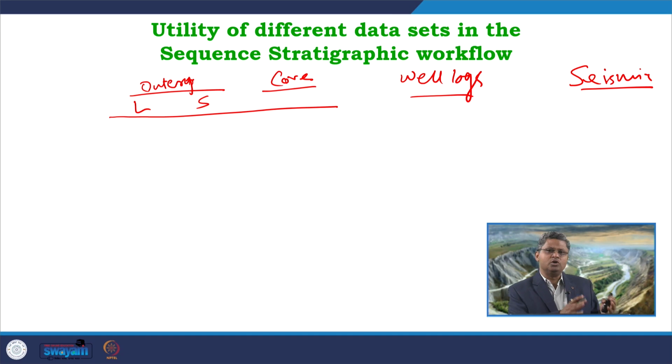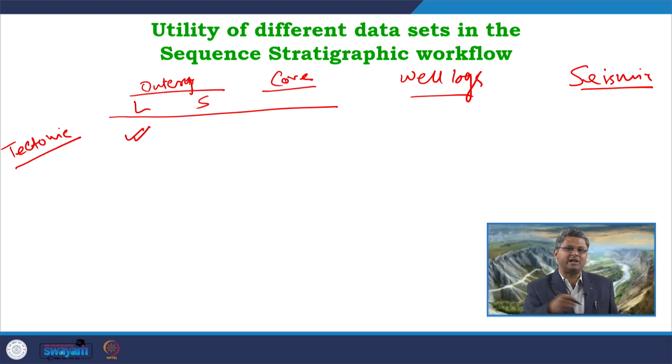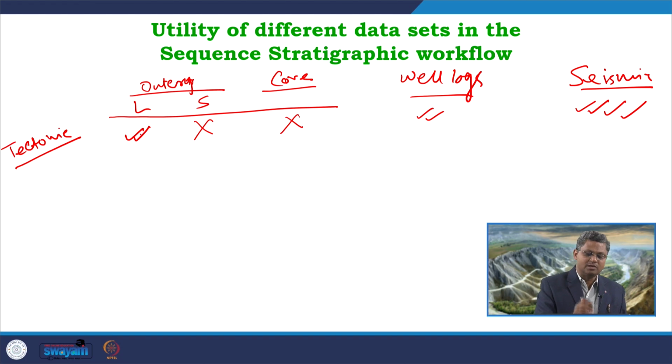So, as I have told you so far, when we are looking for large scale interpretations, for example, in case of tectonics, if I want to know what is the tectonic condition of the basin, large scale outcrops can help us a little bit. Maybe we can increase the number of ticks over here to indicate how important it is. Definitely seismics are the most suitable for understanding the tectonics of the basin. From lateral correlation of the well logs, we can get a little bit of idea about that, but we cannot get anything from core samples. We cannot get anything from small scale outcrops. We can get a little bit from large scale outcrops.